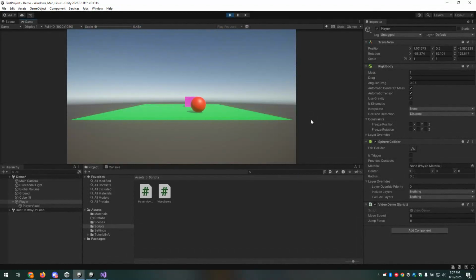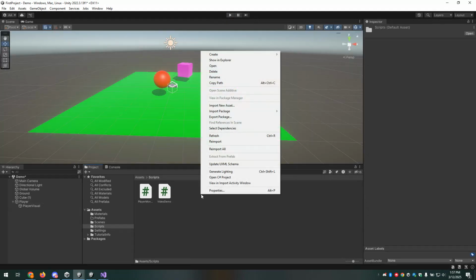Quick example of what we will be covering. We're going to make sure that our character is able to move in the three-dimensional space, and we're also going to add a jump function to them as well. So to get started, first of all, I'm going to create a brand new